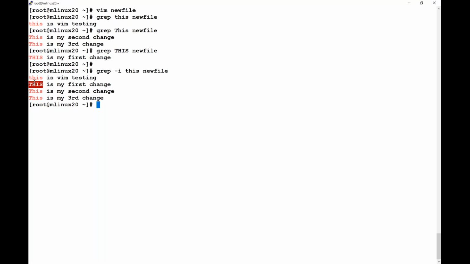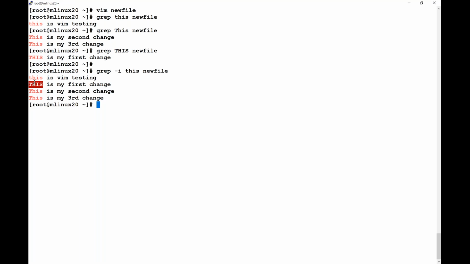When I say grep -i, it ignores the case sensitivity and prints whatever the format it might be appearing. Maximum time we will be using grep -i only to search a particular expression regardless of case sensitivity. Capital letter, small letter, mixed letters, whatever it might be, it is going to search and print that for you,